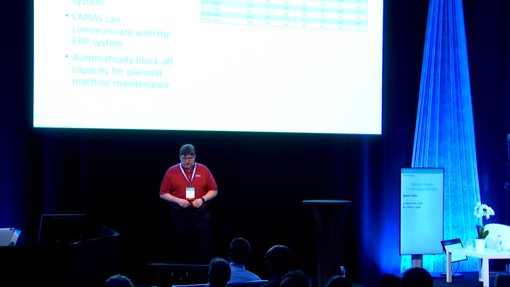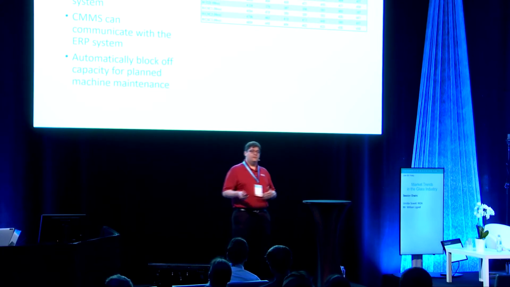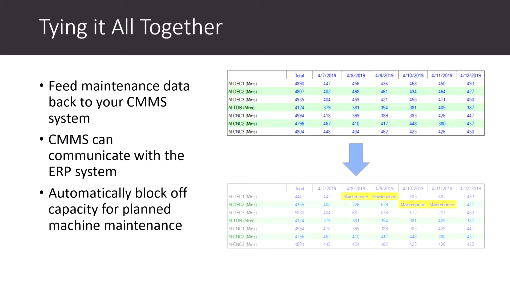As I mentioned earlier, taking the data based on maintenance, whether it's coming from the machine or just in terms of your preventative maintenance items, and taking that from the CMMS system and feeding it back to the ERP and saying, you can't produce on that machine for that time period because it's going to be down for maintenance. If you know ahead of time, you can address these items with your customers. Either adjust the dates, bring on extra staff, reallocate to another machine, and so on and so forth.